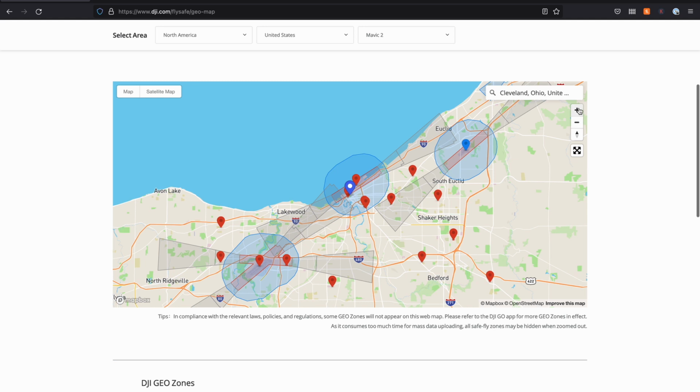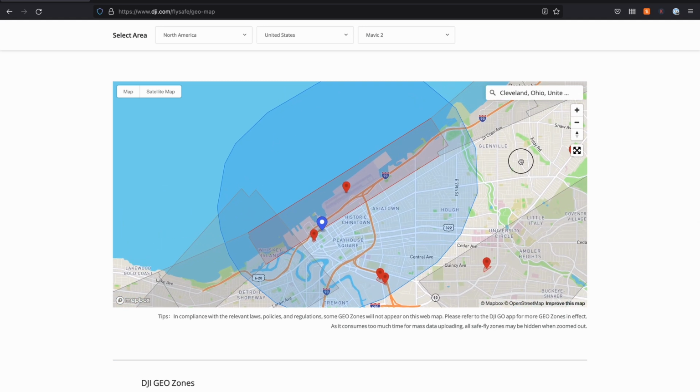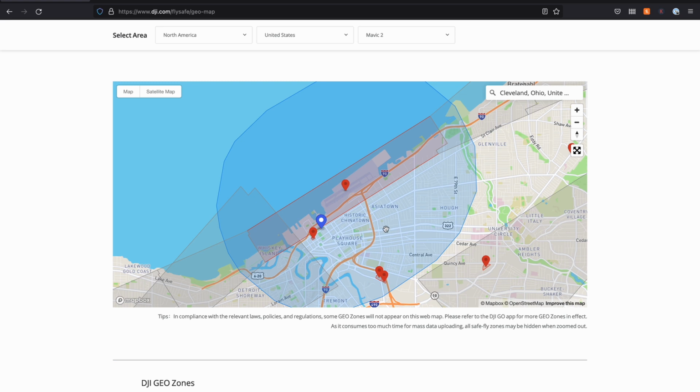So if we go into the map and we zoom in, this is a good example of the authorization zones versus restricted zones. As you can see, the restricted zone is covering the airport area, and then we've got the authorization zone in blue that extends outward. As I mentioned, if you're in an authorization zone, you can get the drone to unlock right through the DJI app. When you go to start the motors, you'll get that pop-up box, and you'll have to check the tick mark boxes saying that you're allowed to fly there, you're legal to fly there,